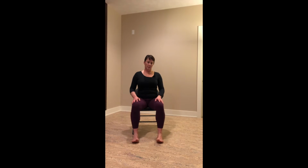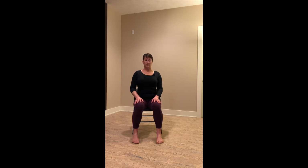So again, bring your focus to your feet. Find that little rock of the feet back and forth. Ankles and feet should be a little more warmed up this time. Come back through to center and find that rock out and in. The knees, the legs might open and close a little to help that movement. Good. Coming back through to center, step those feet to the mat, sit up nice and tall,